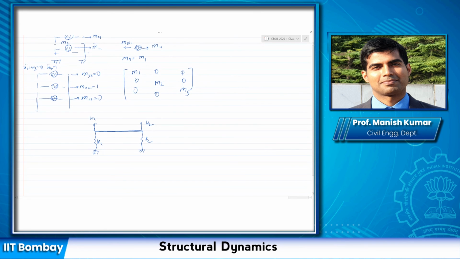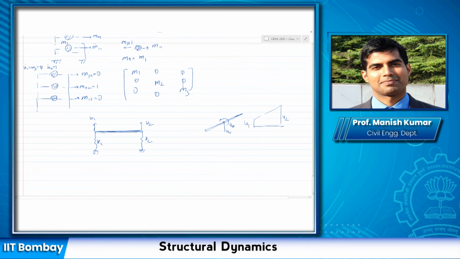Okay, so in general, any beam in 2 dimensions can translate and can rotate about its own axis. So in general, it would have 3 degrees of freedom, 2 degrees of freedom system. One is translation, the other one is rotation. So depending upon whether you represent it in terms of U translation and U rotation, or you represent it with respect to the original position as U1, U2, like this.